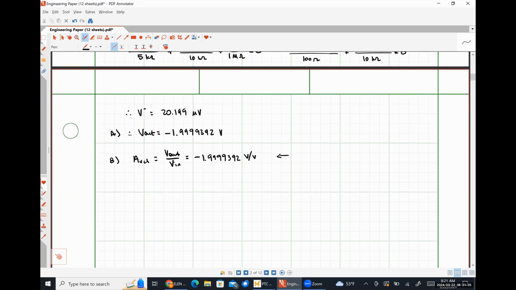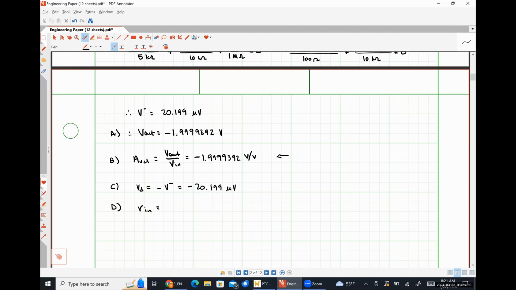All right, our differential voltage, VD, we found earlier to be negative V minus when we were talking about how to put it into our KCL expressions. So that means that this is simply negative 20.199 microvolts. Now let's talk about how to find the answer to part D,